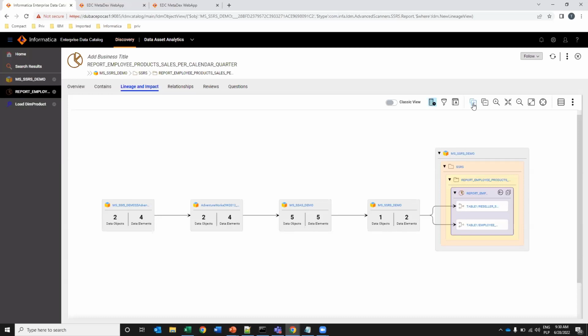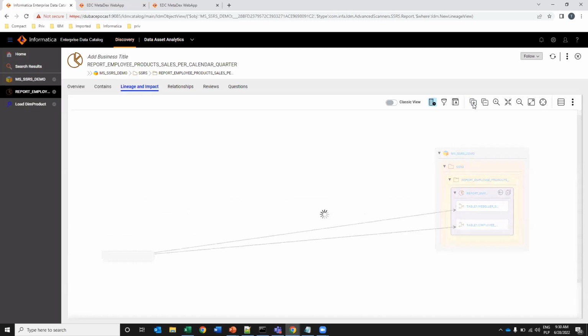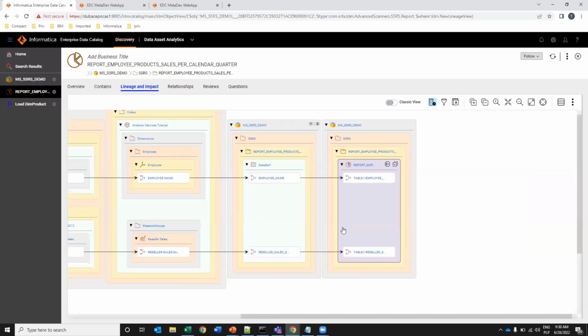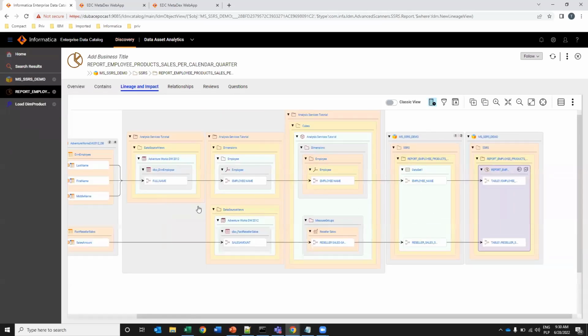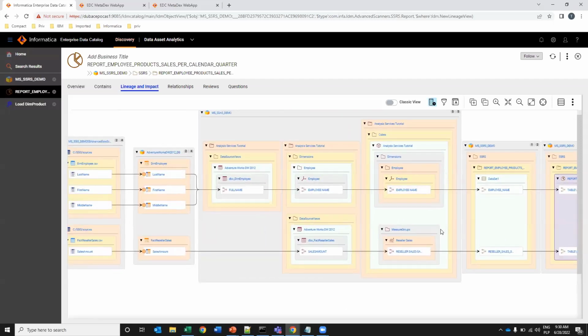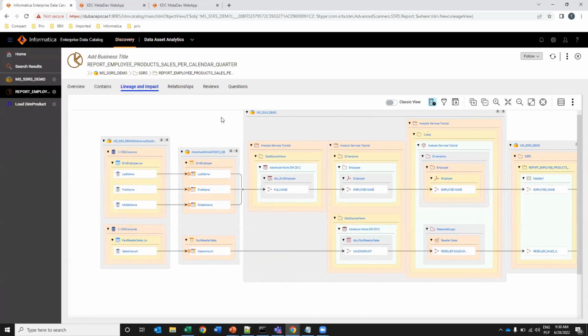And once again, I can expand all just to see the full journey of my data. So I can clearly see that to be able to deploy this report in the new platform, having those 2 columns only, I need to take care of those types of processes. I need to take care of whatever logic has been applied in the analytical services. I need to take care of the logic that has been applied in my SSIS platform. And whenever there is any transformation involved, whenever I would like to see what has happened in this particular place to be able to implement pretty similar or similar logic in my new platform, I can click on the object,